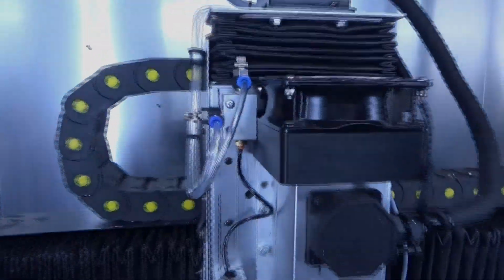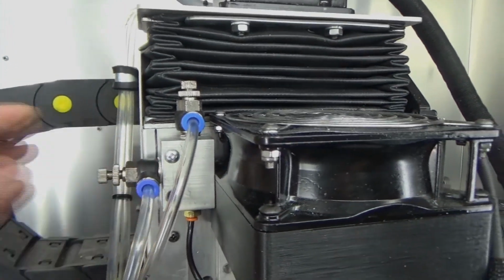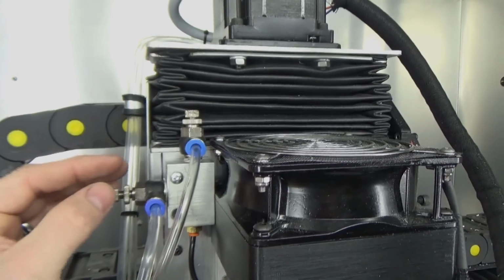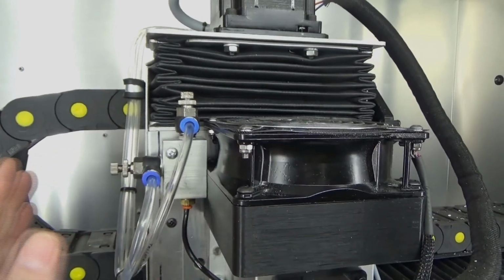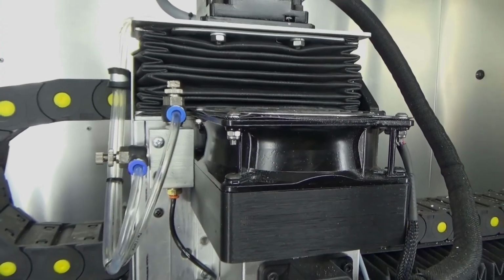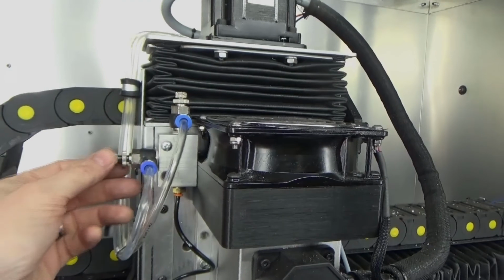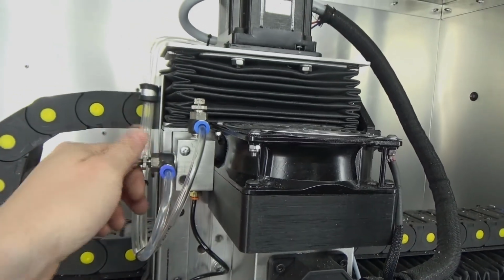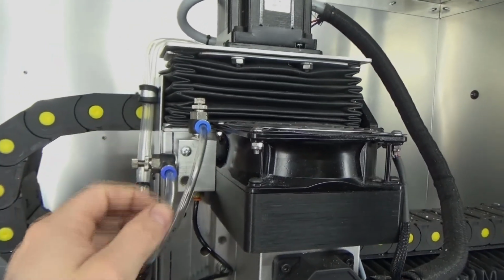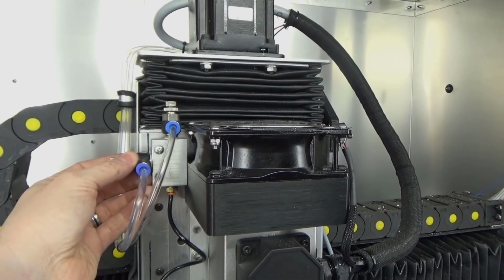So both of those lines come into this manifold, which I built. These are adjustable fittings. I don't like these fittings. They don't really work very well at all, so I more or less just have to adjust the pressure out here to adjust my flow, because these just seem to make hardly any difference at all. They're just cheap, all push connect fittings. The air comes in, coolant comes in,